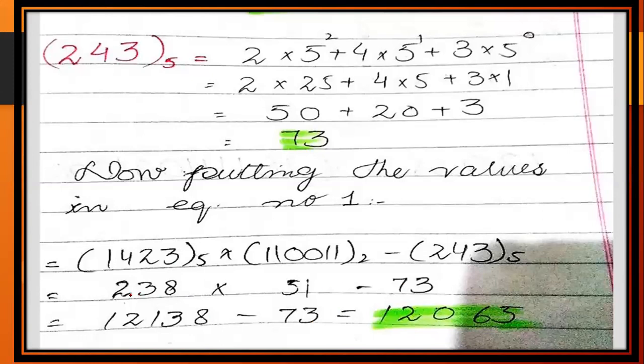Now in the rough working column, I will multiply 238 by 51. Then I get 12,138, and subtracting 73, I get 12,065. Till here, if you have any question, write in the chat box. Any question, please write in the chat box. If it is not, then Muniza, why? Okay, no questions. Thank you.